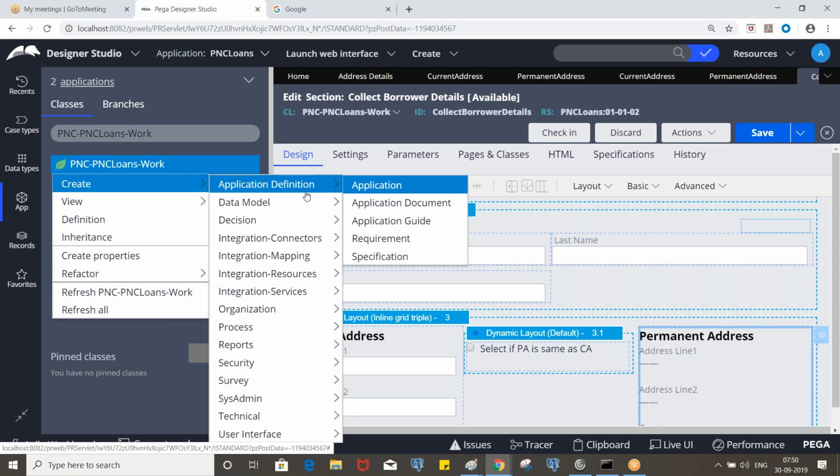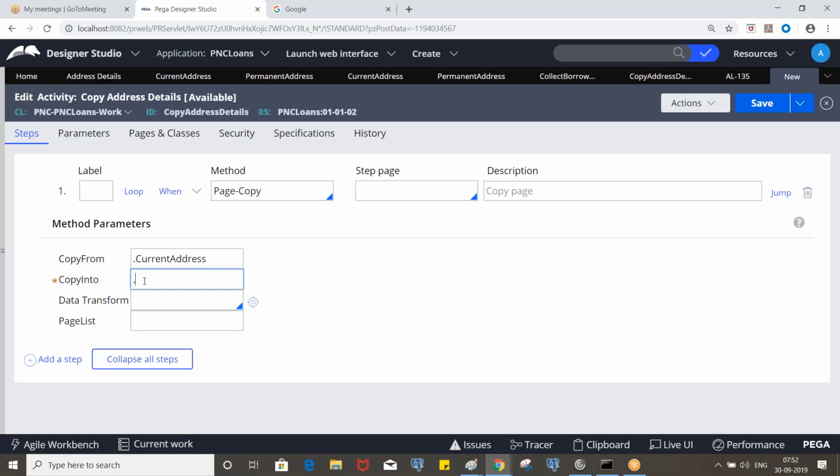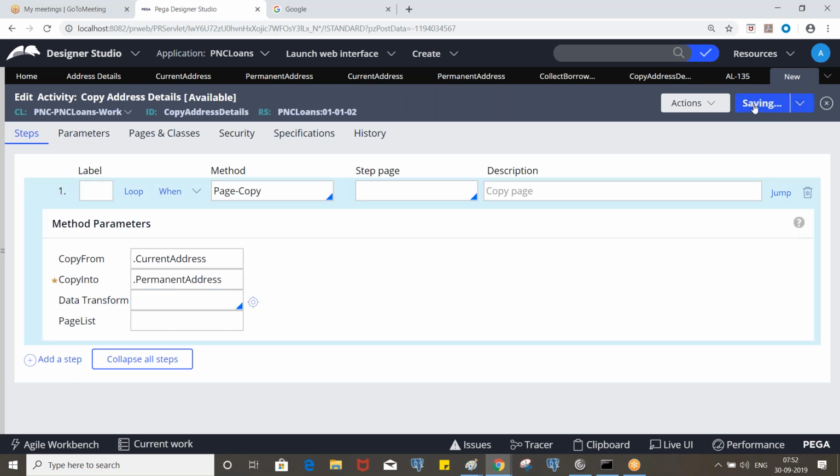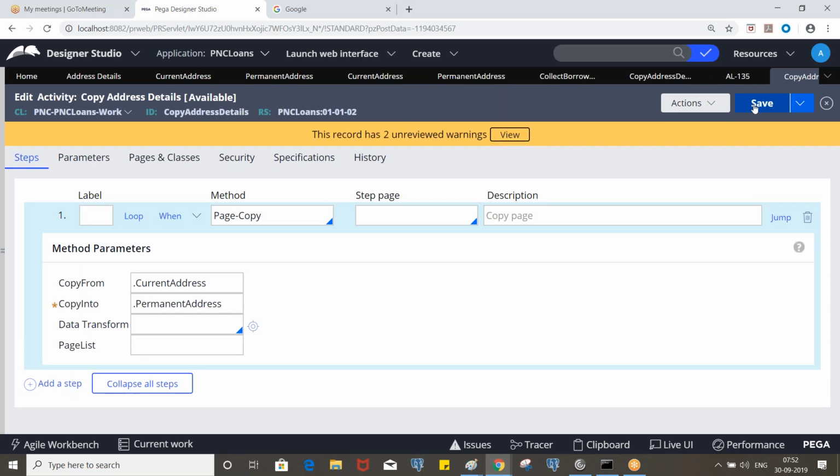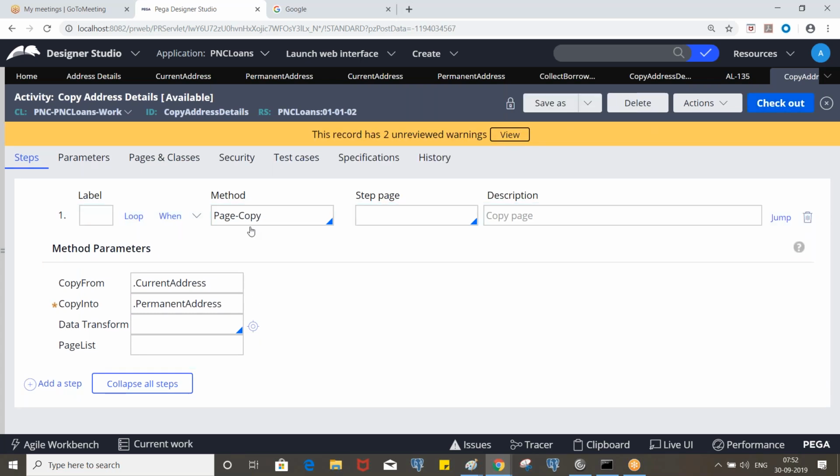Now tell me, from which page are we taking the data, and to which page? That means pyWorkPage. If I put a dot, that means pyWorkPage.CurrentAddress to pyWorkPage.PermanentAddress. Now we need to put the precondition in the same way.